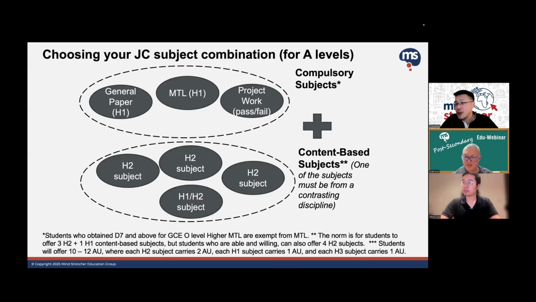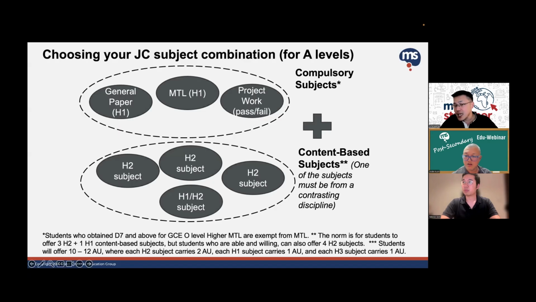And you may ask, why do people take H3? So H3 usually there's two things to it. One, H3 is a good way for you to increase your exposure, right? Deepen your proficiency in a certain subject. That's one. Two is also it helps, right? In terms of application to scholarships. So for example, let's say some of you are interested in scholarships, that can be one factor for consideration between different candidates, right? Taking a H3 subject. So that's some of the key considerations there.